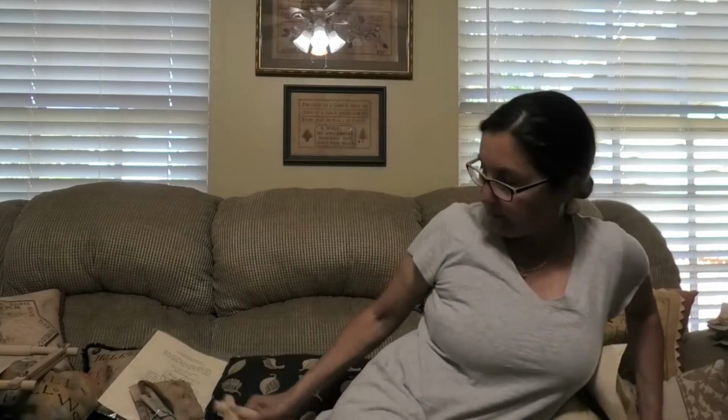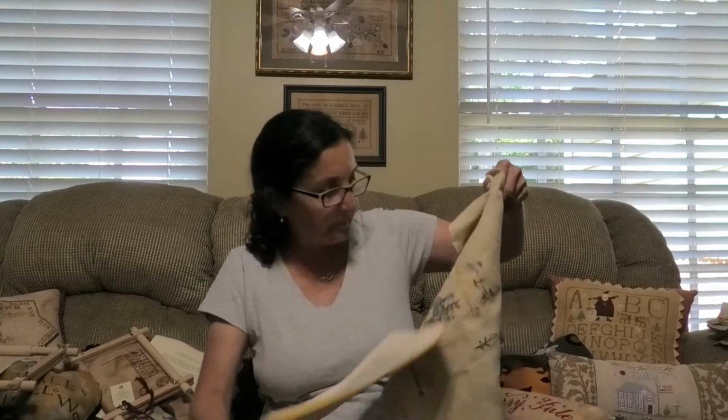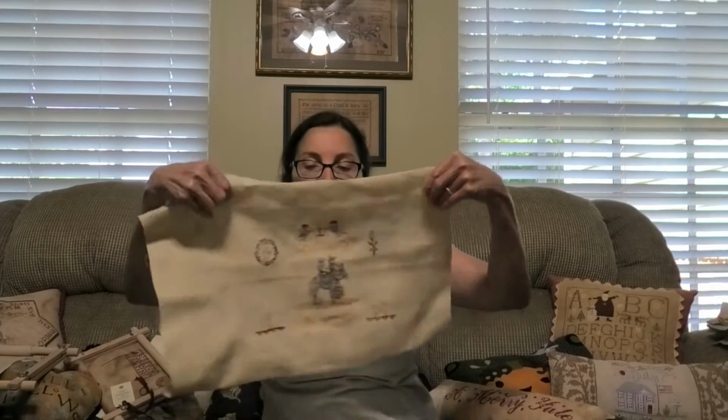So I forgot I had that. Whoops, it's sitting on my thing. So, Crown Him, Lord of All by Scattered Seed Samplers. I sold it already. Sold it with a piece of linen to do it with, the vintage lentil. Let me just go on. That's what's so good about the vintage